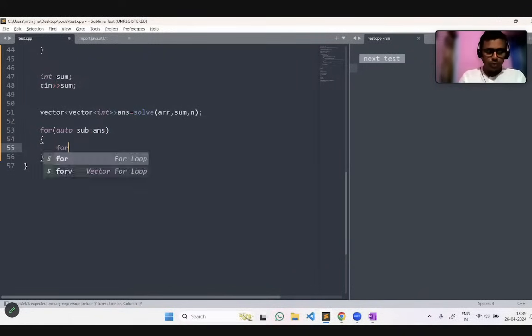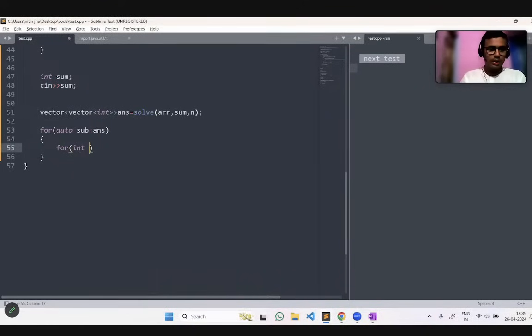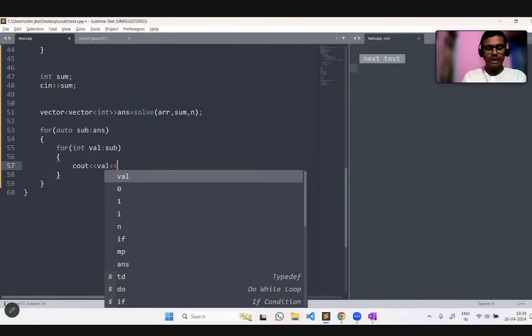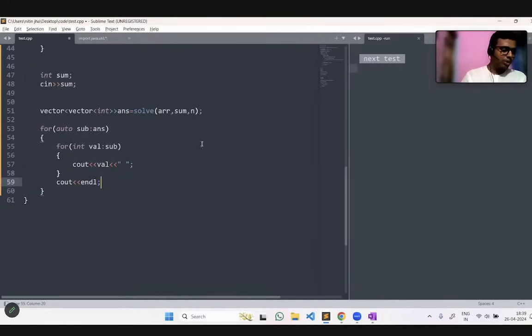So for int val in that sub we will have to print every value. So cout value, and let me take just a space up here, and after the values are printed, I will move to the next line to print the new subarray, with endl. So this will be the code.